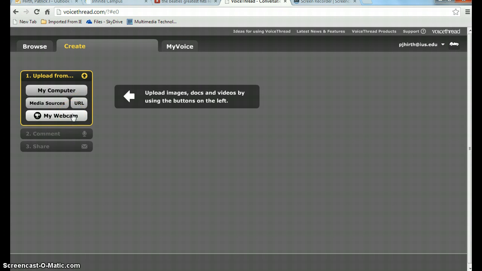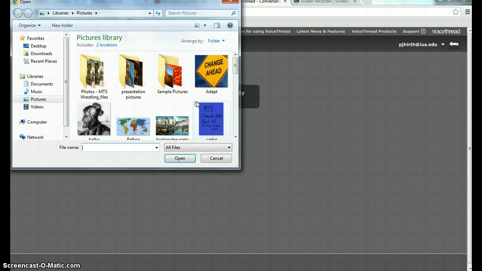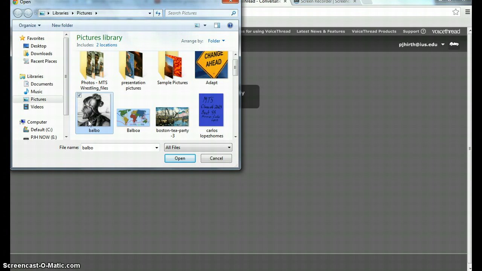So if you have pictures saved on your computer, or you want to use Google Images, Google Docs, things like that, or you want to take pictures with your webcam, then you'll simply upload your slides, upload your pictures, whatever you want to do, and then you can add your VoiceThread to them. So if I want to add pictures here of my explorers,